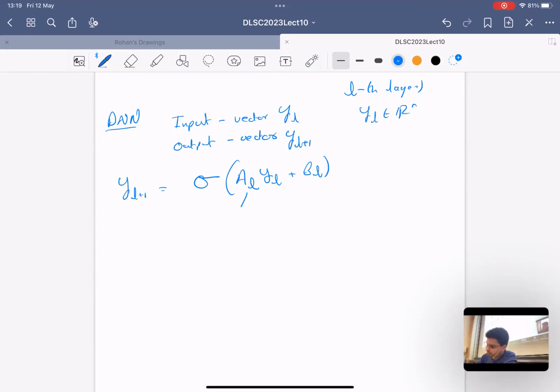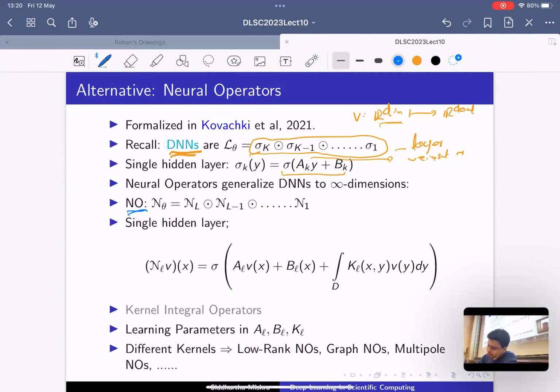Remember that this has to be an operator, a neural operator, NO. We are going to generalize this compositional construction